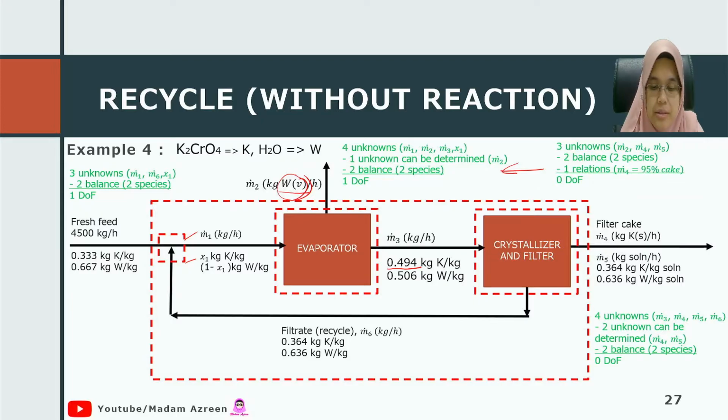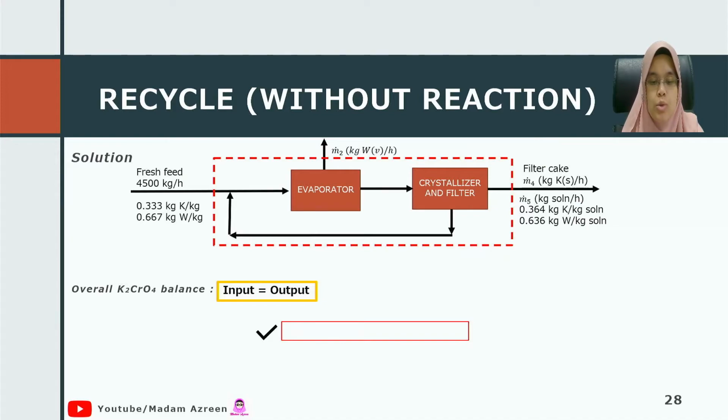at the crystallizer itself, you originally have 4 unknowns. However, 2 of the unknowns can be determined from the overall degree of freedom analysis. M4 and M5 you can determine directly, and you have another balance for the water and for the potassium chromate, so you have 0 degrees of freedom. So repeating the same procedure, you start with 0 degrees of freedom first, which is at the overall boundary condition. A balance for the